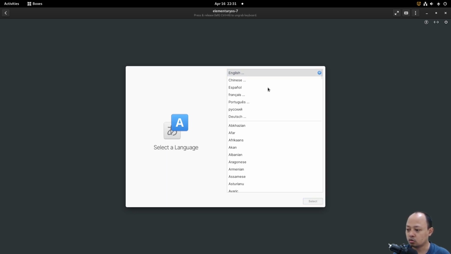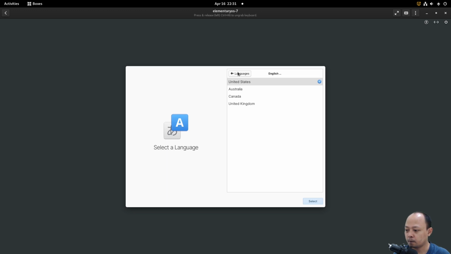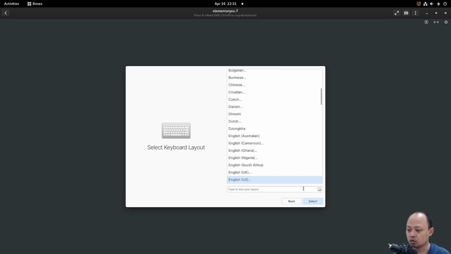First, we need to choose the language. I will choose English. Still in language selection, I will choose United States. Then click select on the bottom right.